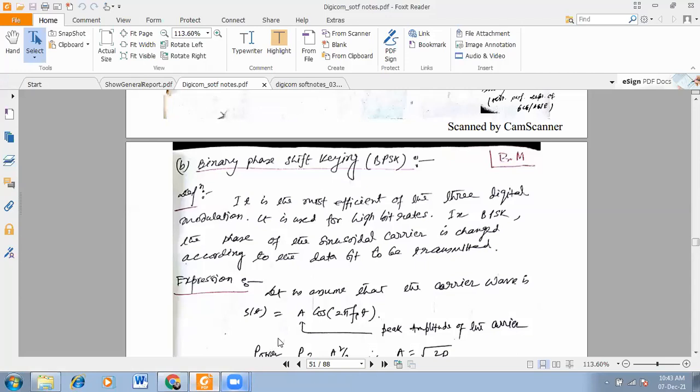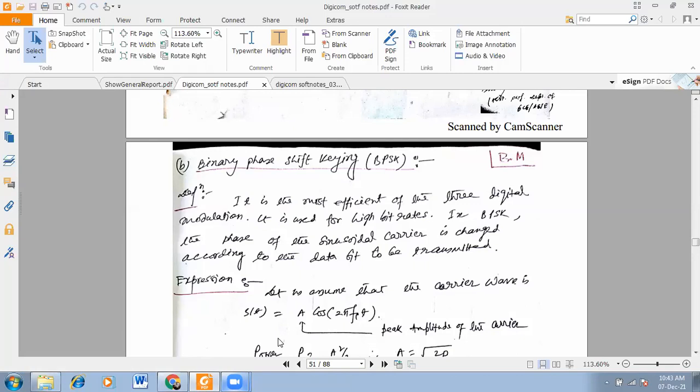So this is all about binary phase shift keying. Binary means it's a kind of 0 and 1. So we are dealing with digital communication techniques. That's why the name is binary phase shift keying. You can say binary frequency shift keying, something like that. So you can add the binary term, because this is a digital communication technique.